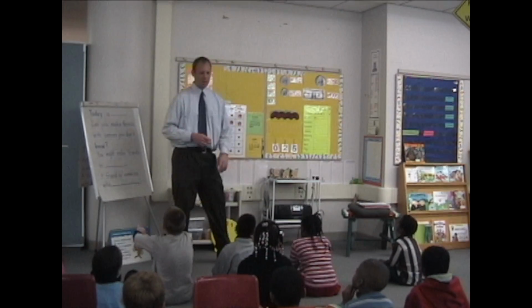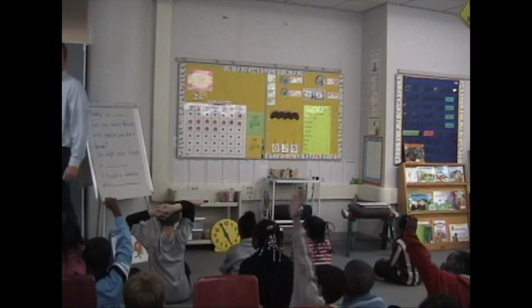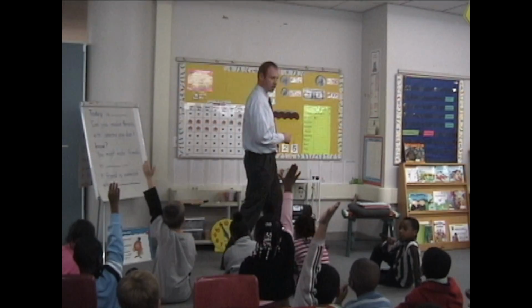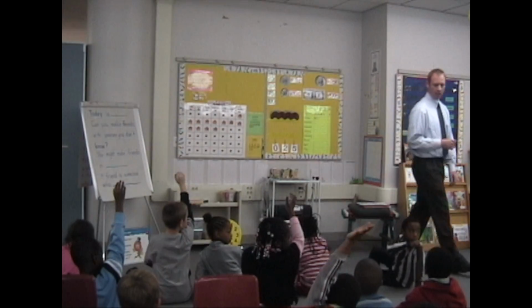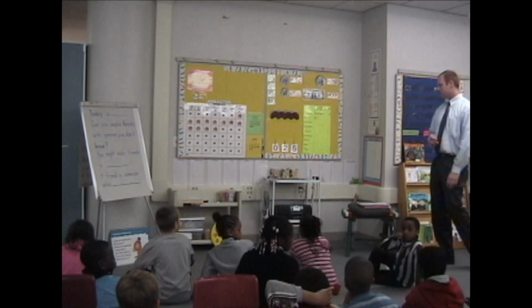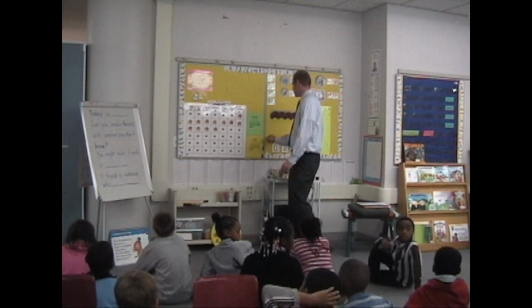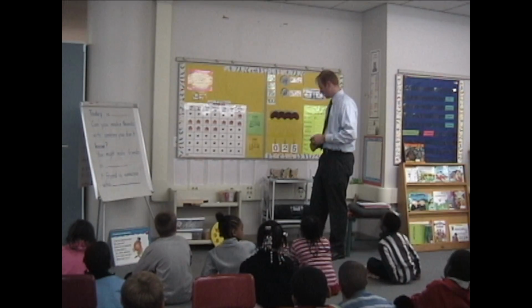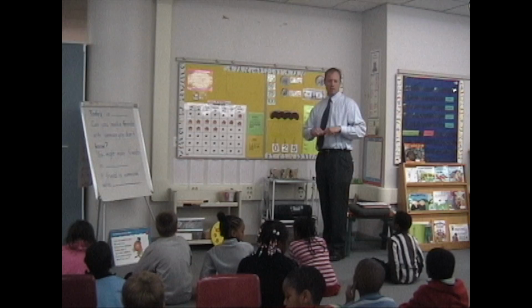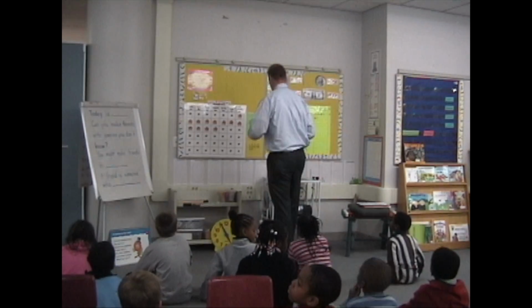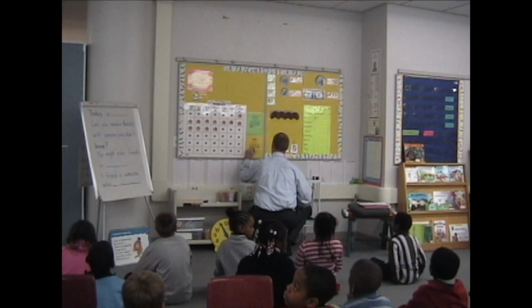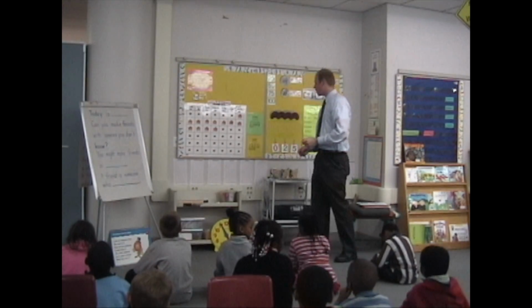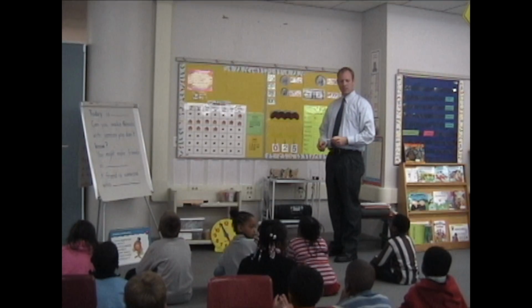So who can tell me if the number 25 is an even or an odd number that we need to fill into our even and odd chart up there? Christina, it is an odd number. And Christina, does an odd number have a double? No. But all even numbers have a double, right? So we have a number 25, and we are filling up that chart. Do we have more even days or more odd days?